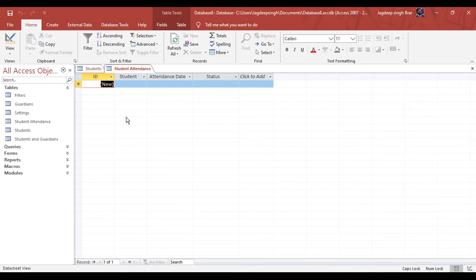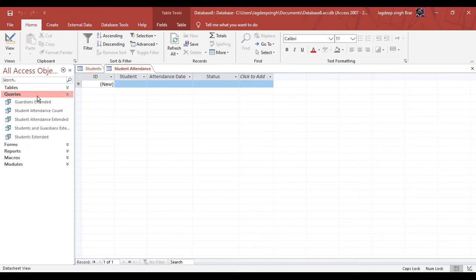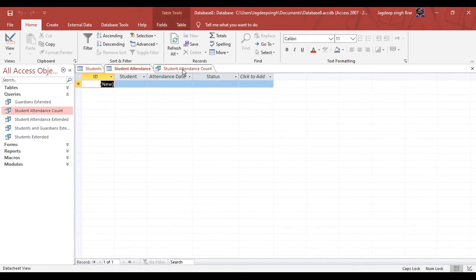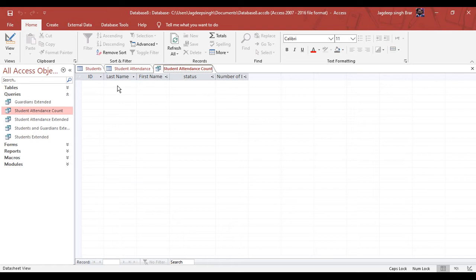Second is queries. They let you quickly perform an action on the table. Here these are the queries, like student attendance count. In this table we have no information, so here it is blank. Queries let you quickly perform an action on the table.